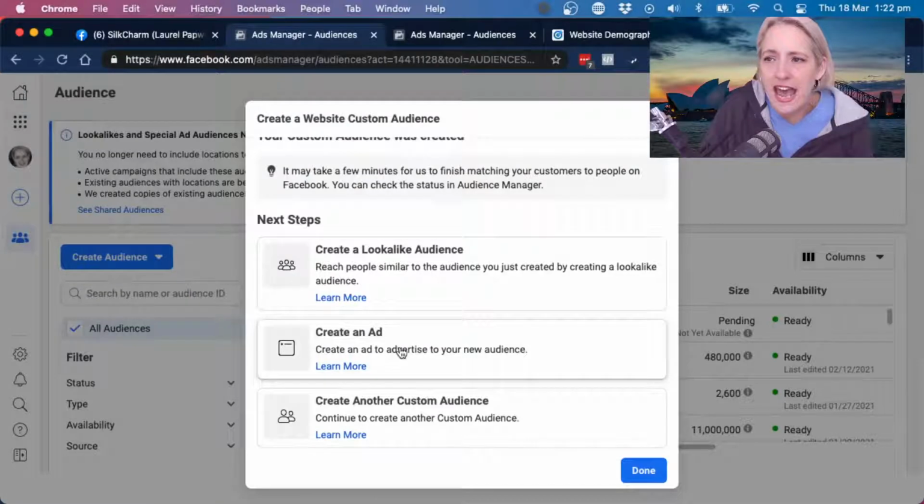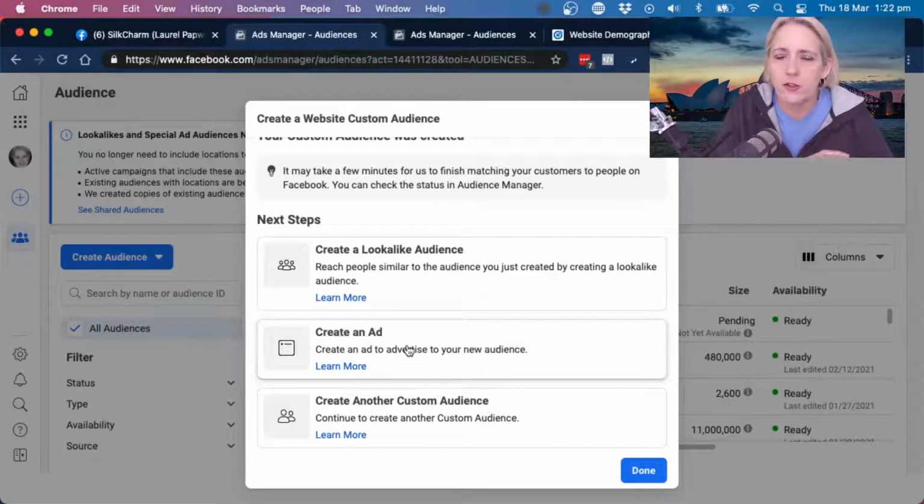We can then create an ad. So we can actually go in on the platforms and say, now that we've got the audience, I need to